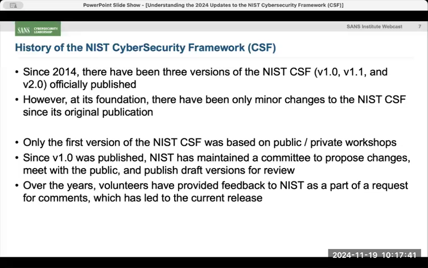And in fact, if you go to the NIST website, you can even do a quick Google search and find the names of the people who are doing that work today, who chairs that committee and those kinds of things. That's all public information you can go look up. But there have been people who have volunteered and given feedback to NIST, and they'll just send comments in. Very similar, I know when we were at Center for Internet Security, we had to create even a web app to process all of the different feedback we were getting, because frankly, we were getting so much feedback coming in on those statements. And NIST is the same way.